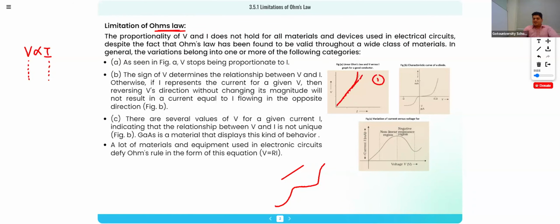Same for the third case. Check the third case. In a material like gallium arsenide, the semiconductor material, initially it will follow Ohm's law, but then there will be no linear region, and then there will be a negative resistance region. That means these three things are not following Ohm's law. The devices which are not following Ohm's law are known as what? They are known as non-ohmic devices. Okay, now